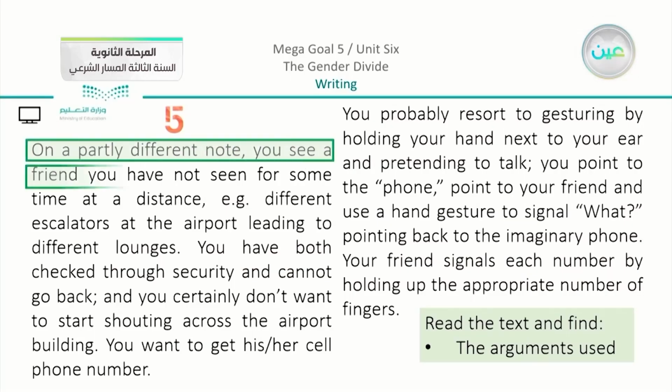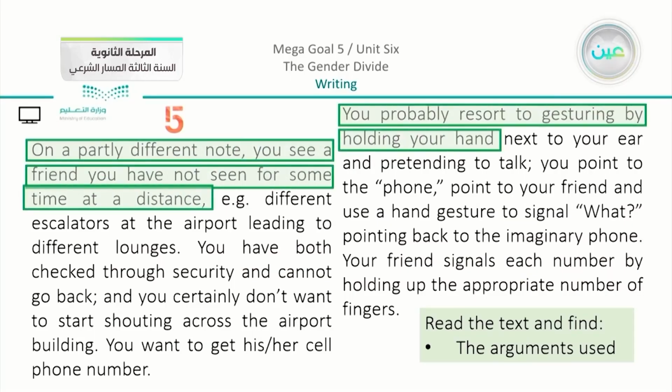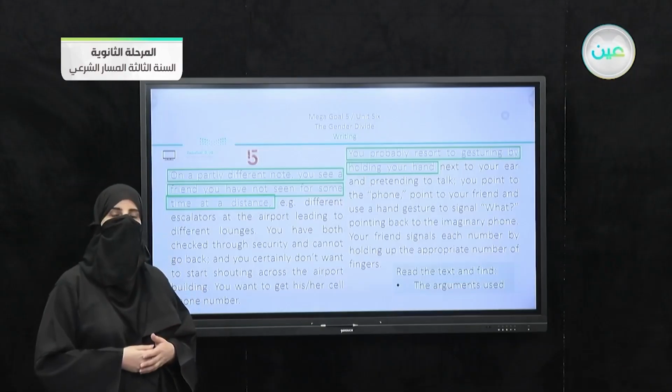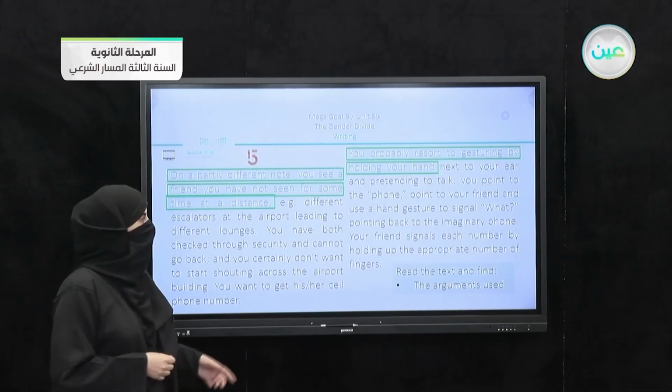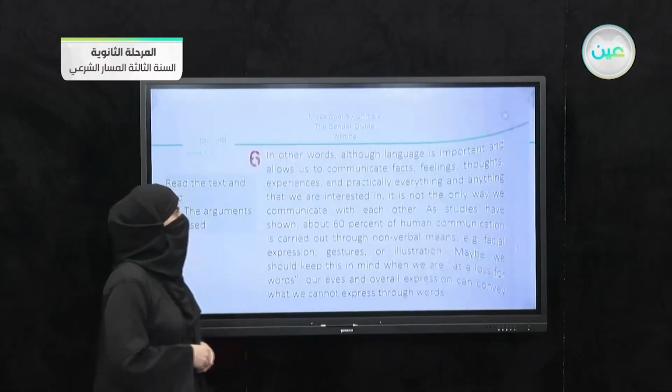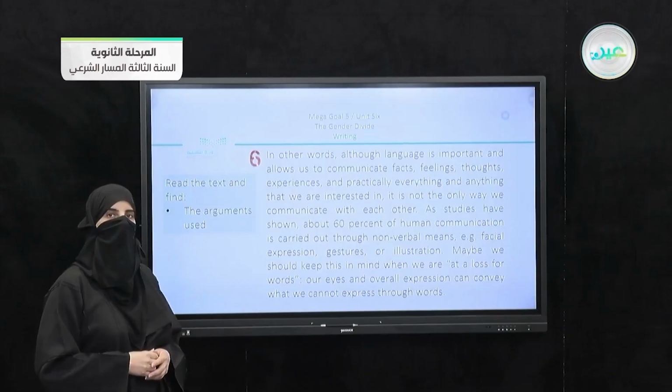The argument is: on a partly different note, you see a friend you have not seen for some time at a distance. Now, you'd probably resort to gesturing by holding your hand as a way to contact someone, as if you are talking to him on the phone. So this is the argument in number 5. We do have in number